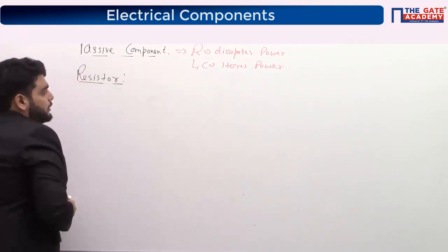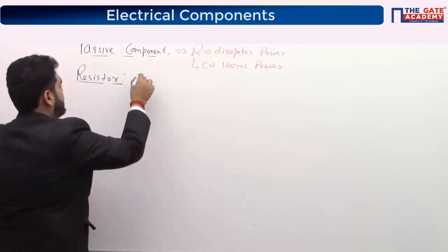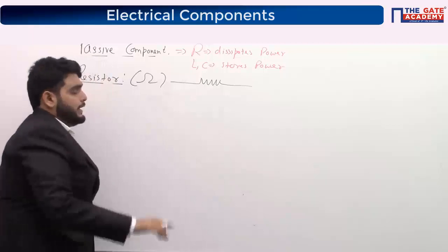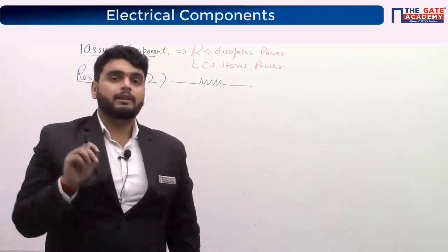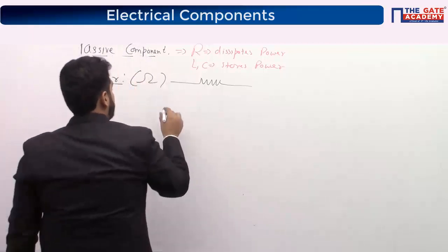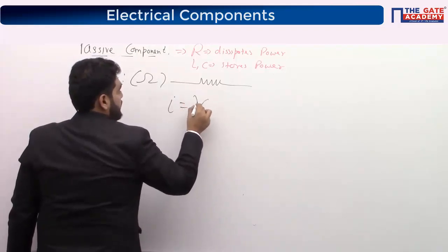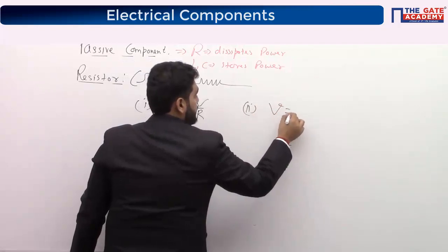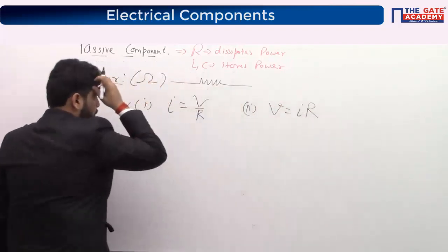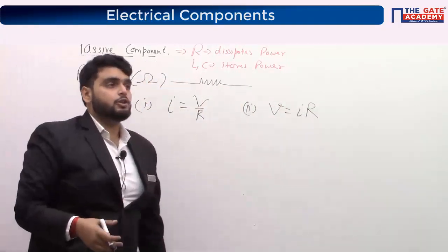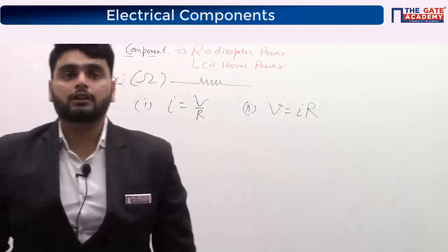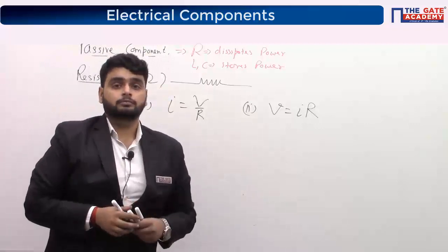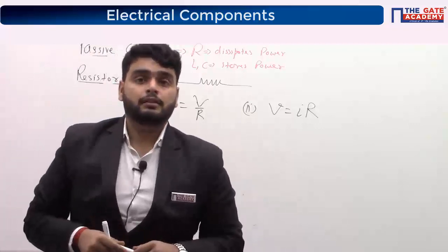Resistor everybody knows. Okay, what is the resistor? Its unit is ohm, represented by this symbol. Okay, Ohm's law. I am writing two equations of Ohm's law. Tell me which one is correct. This is equation first. This is equation second. Okay, tell me which equation is Ohm's law, or are both Ohm's law? Second.